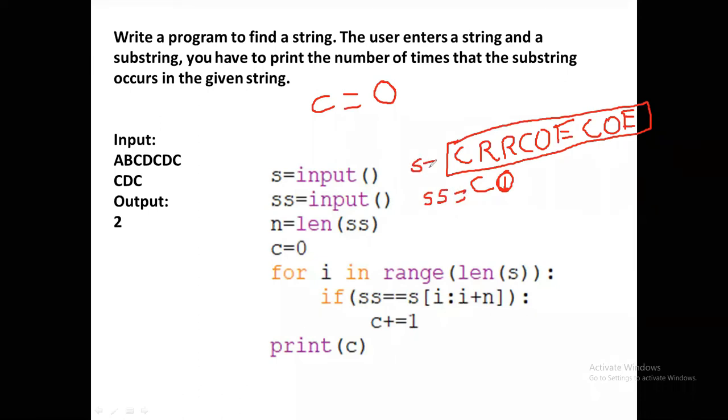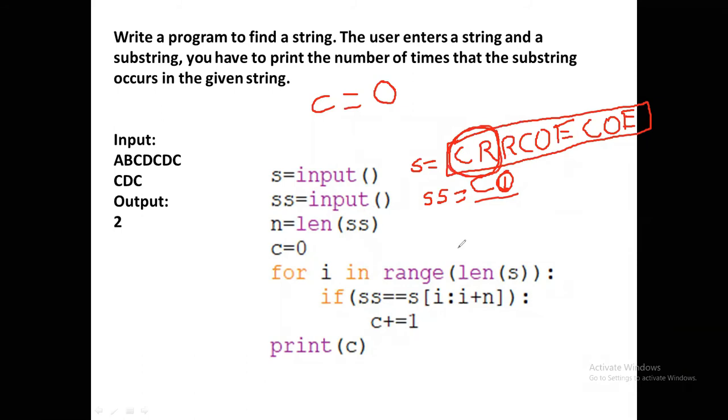Now I check this substring with this string by using string slicing. Here I am taking the first two values, CR. If the length of the substring is 2, then I am going to check with 2 characters only.